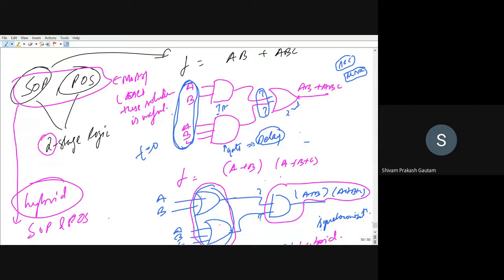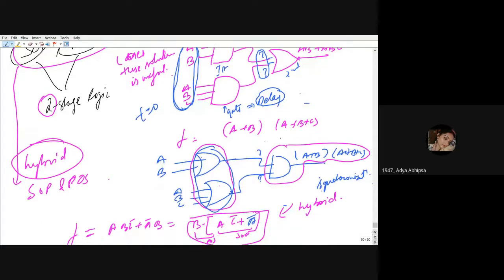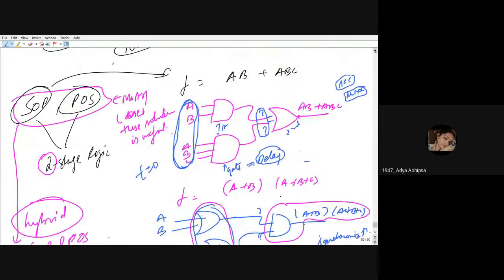Sir, if the number of inputs for both the gates is the same, then will the delay be equal, or is the delay from the individual gates? Delay is from the individual gate. This is the first gate and this is the second gate. Both gates have their own delays because semiconductor devices cannot match. No two identical semiconductor devices have been found which have the same characteristics. It is approximately the same, but you cannot call it exactly the same.